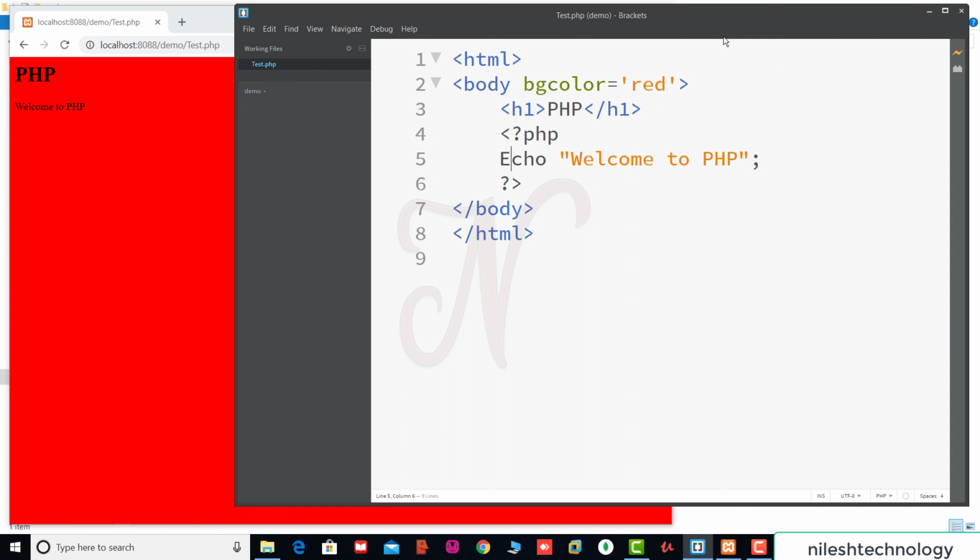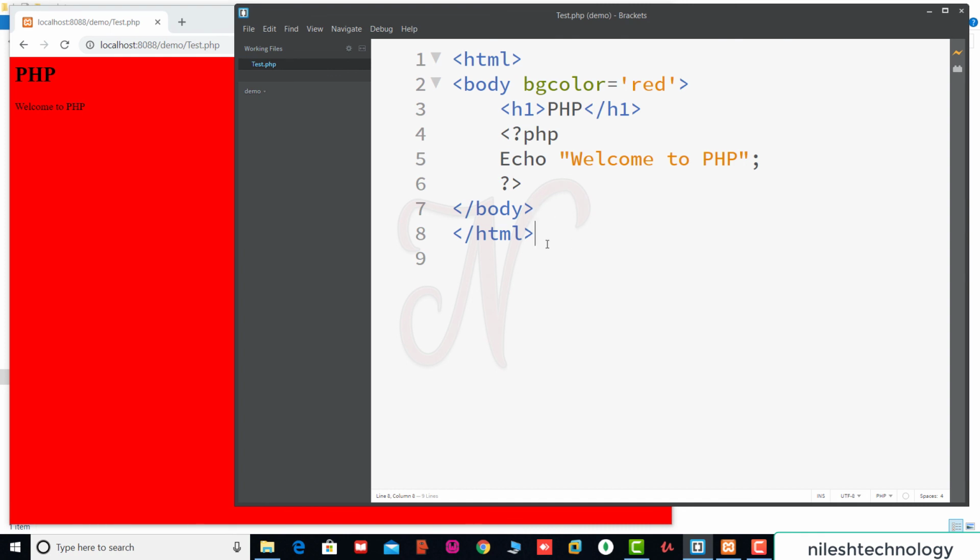Okay. So the advantage of this Brackets editor is that when you save this program, then the browser automatically refreshes. Then there is no need to go to this browser and hit the URL or type the shortcut for the refresh key. It automatically reflects in this browser. Okay, and this is a smart editor. It highlights some color codes. This shows the line number. So they are not available in a plain notepad.